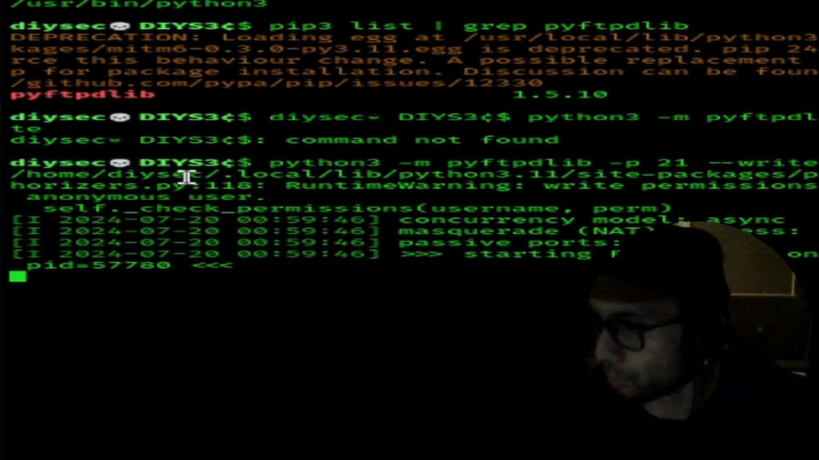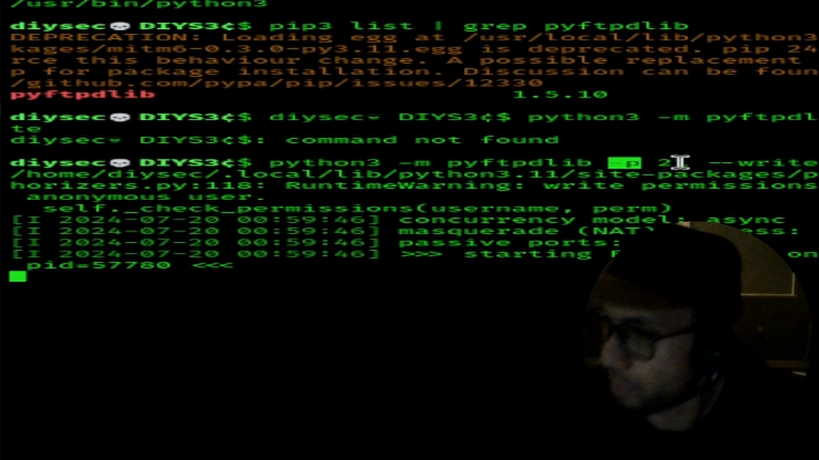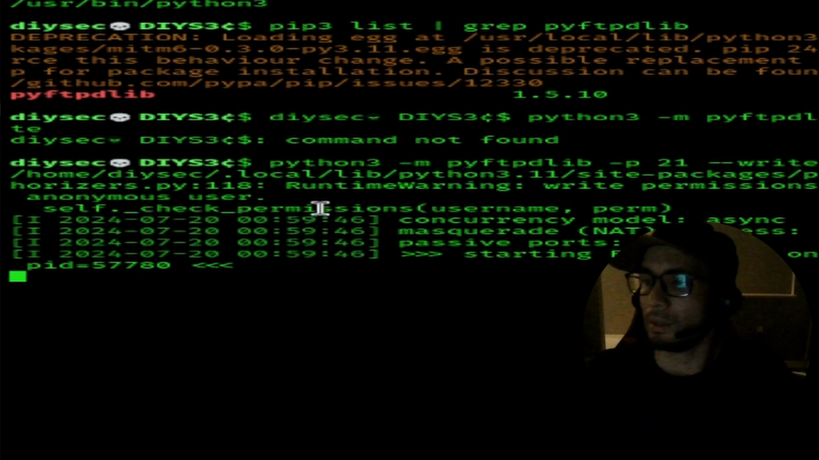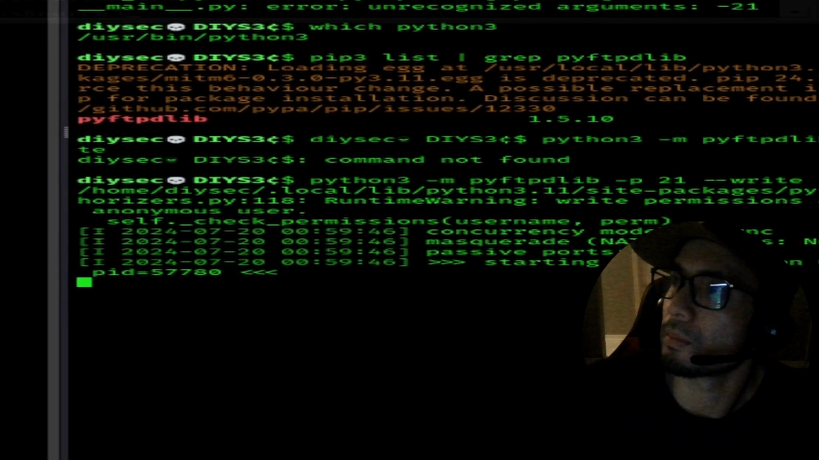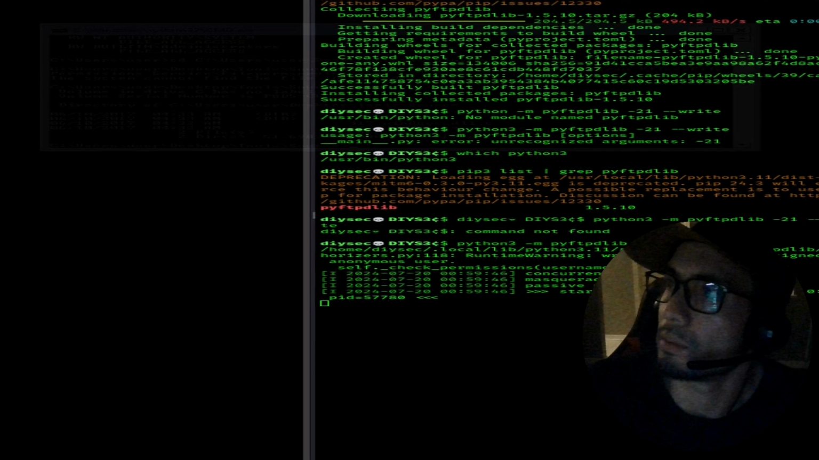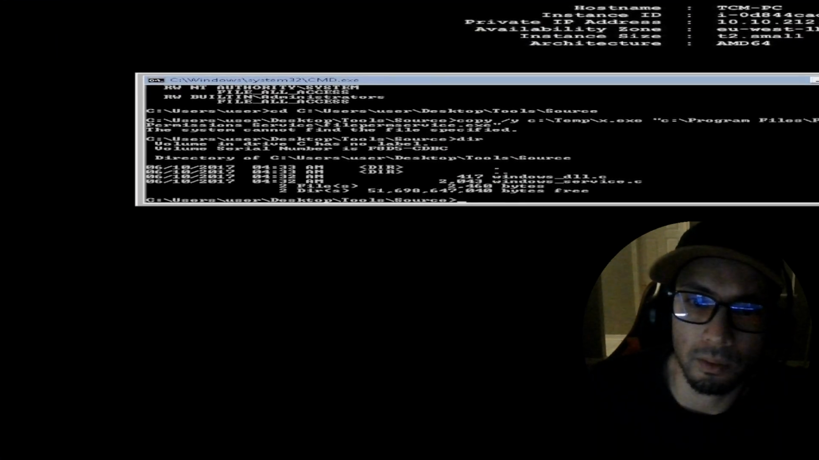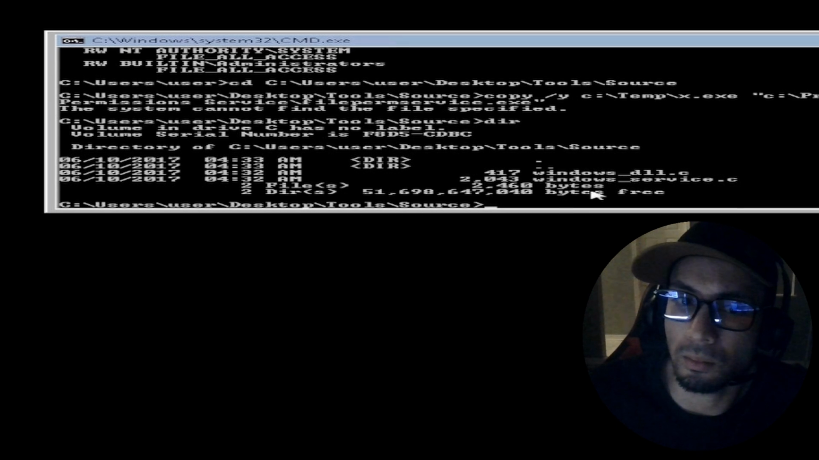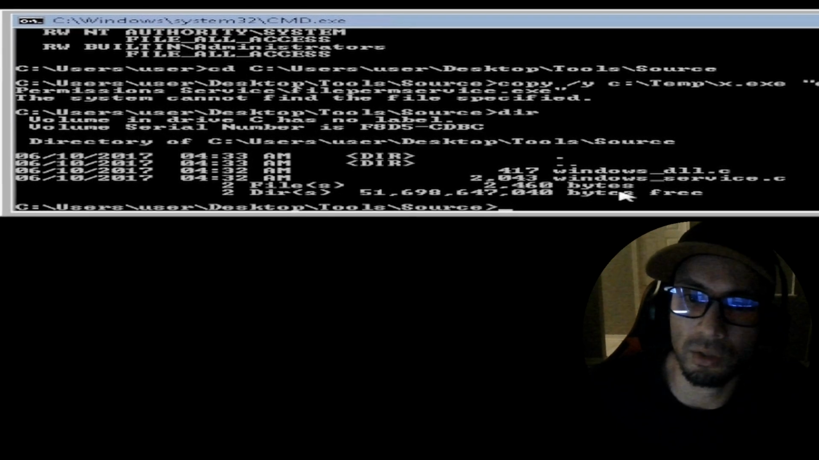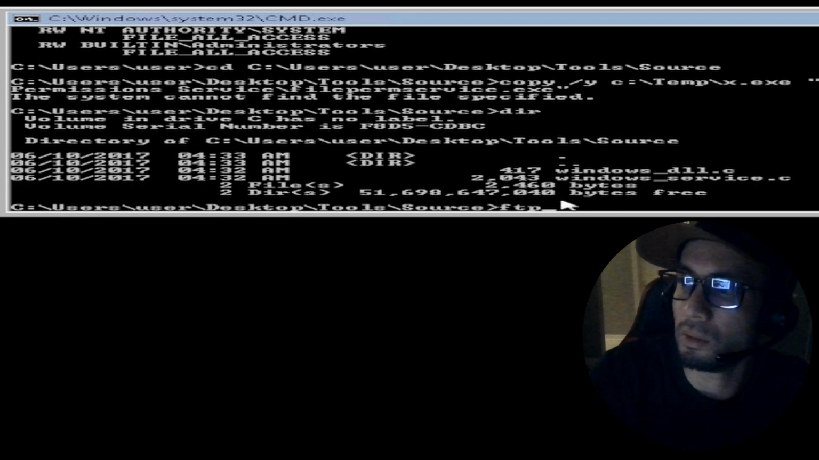Alright, so I realized I had a syntax error. Instead of a -21, I meant to put a -p for port 21. Alright, so we got the Python server started. Now we will go back and we'll open the FTP connection. So we can do FTP